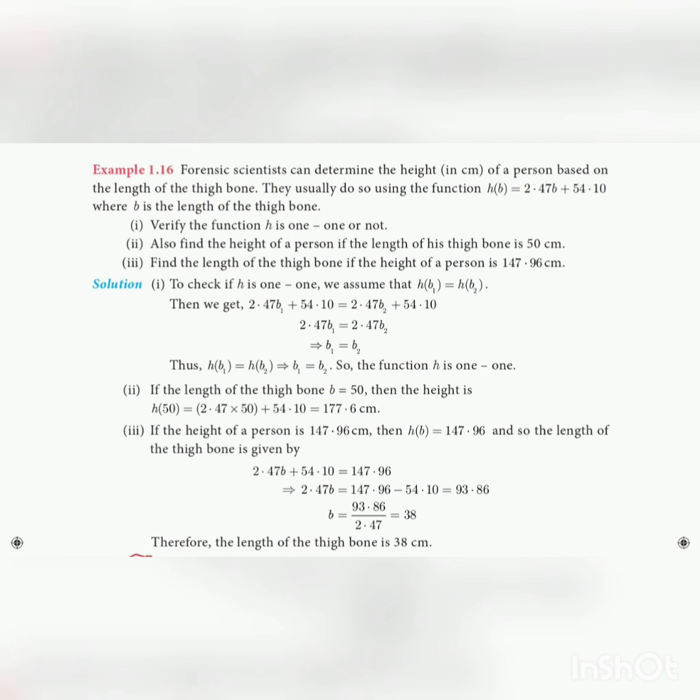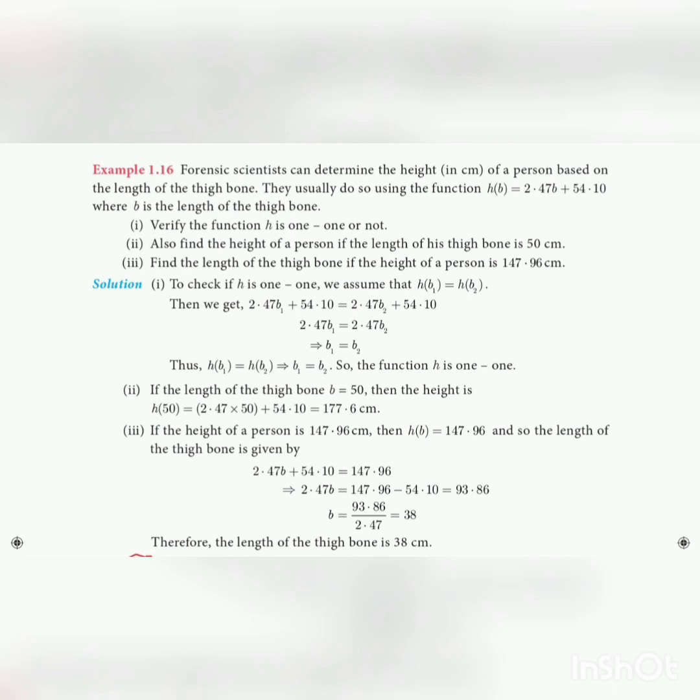We read the problem first. Forensic scientists can determine the height in centimeters of a person based on the length of the thigh bone. They usually do so using the function h of b equal to 2.47b plus 54.10, where b is the length of the thigh bone. Subdivision 1: verify whether the function h is one to one or not. Second, also find the height of a person if the length of his thigh bone is 50 centimeters. Third subdivision is: find the length of the thigh bone if the height of a person is